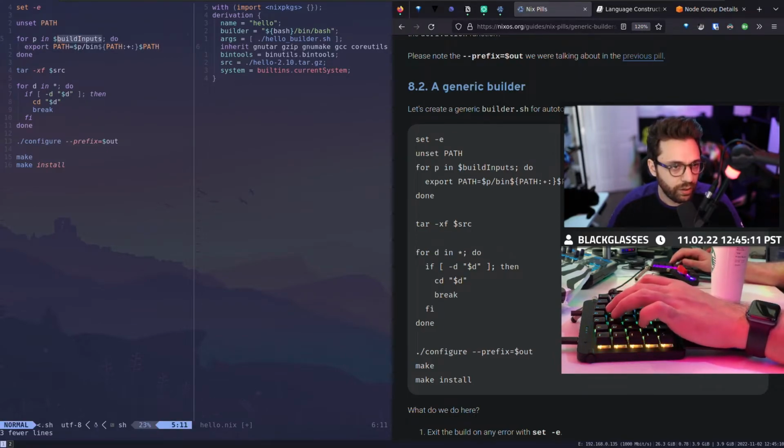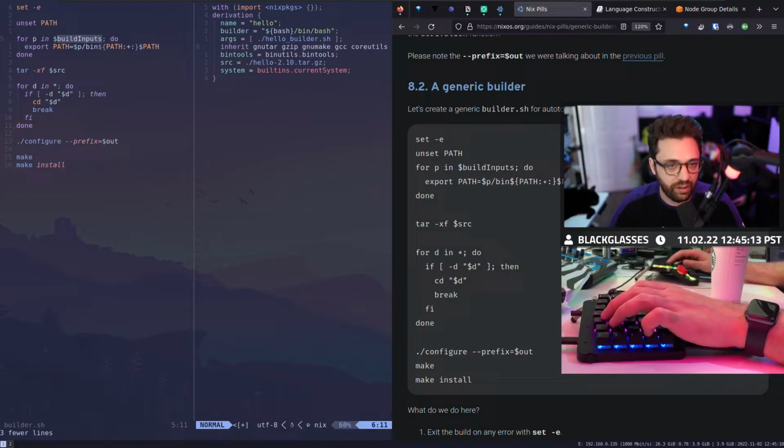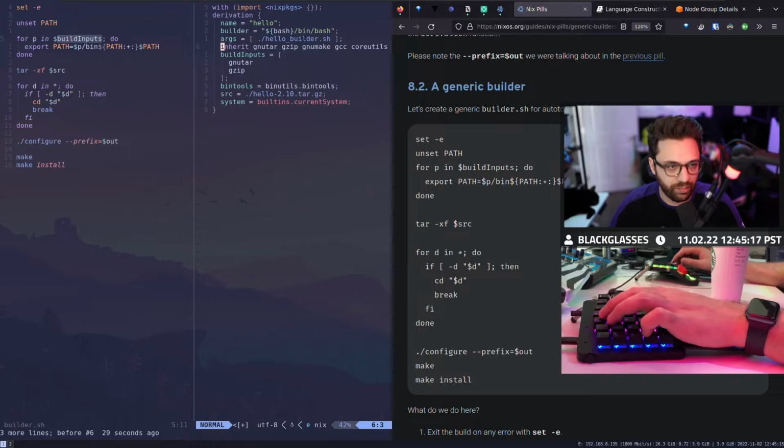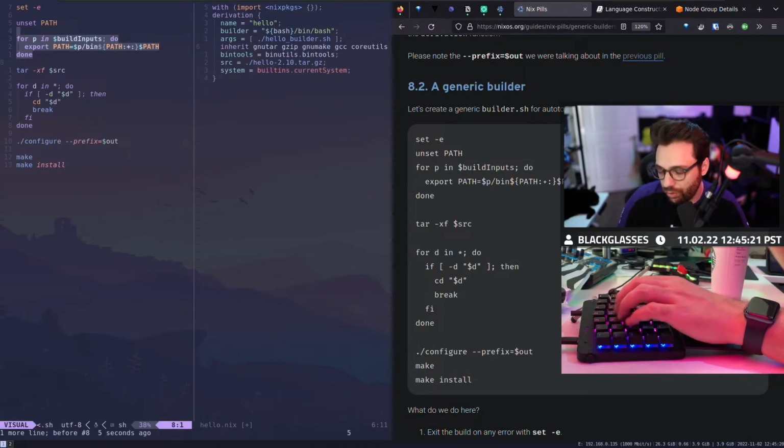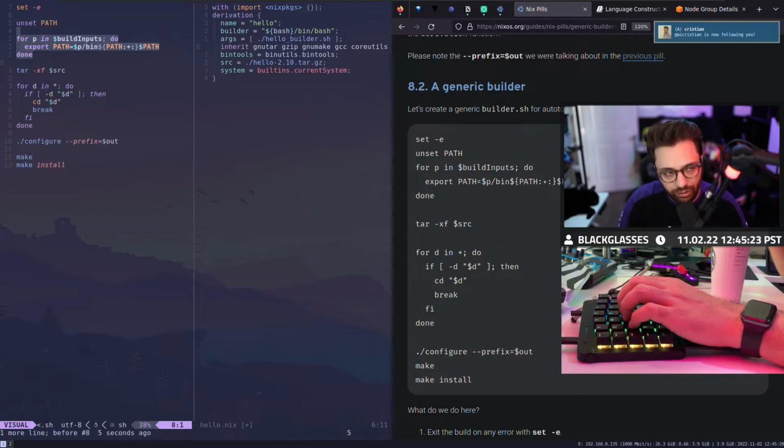And instead of just inheriting it, we're going to create an array called build inputs, and we're going to then just iterate through that array in our script. So we're literally using the Nix language in some way to help write our script and have a better, well-defined interface, right?